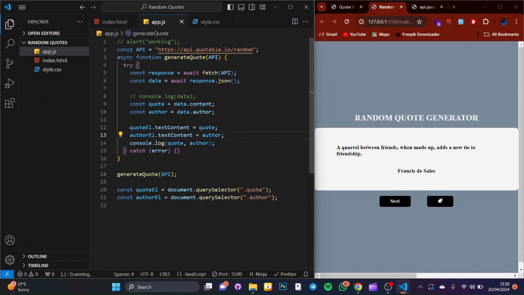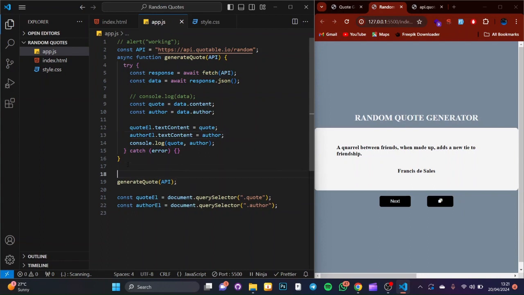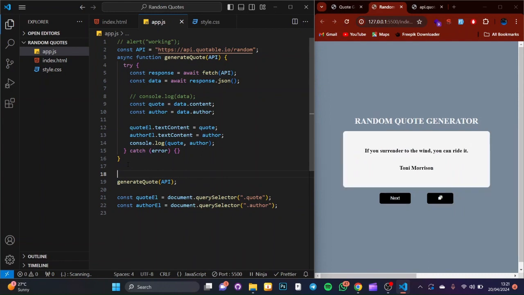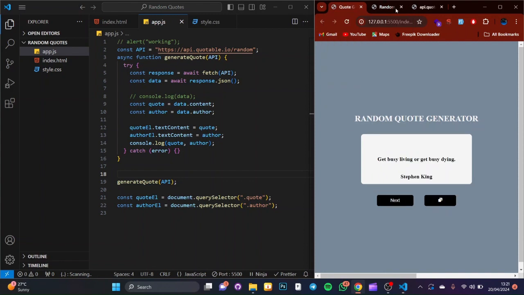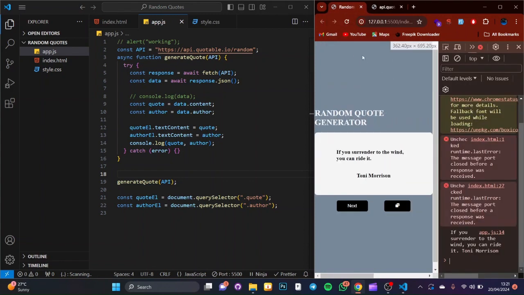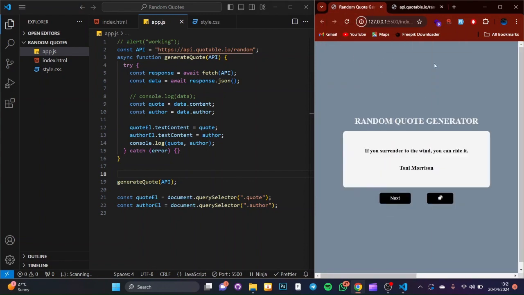So we are going to add in the next functionality, and we want our quote to change after some minutes. What we are going to do is first close this out, and we shall also close this very well. So we're going to say set interval,